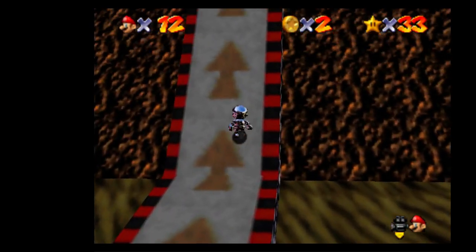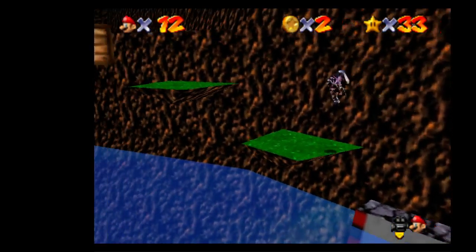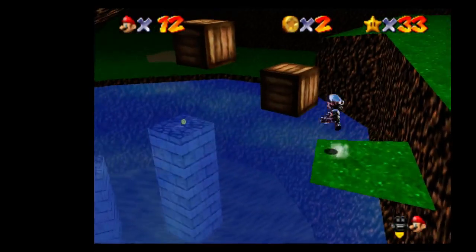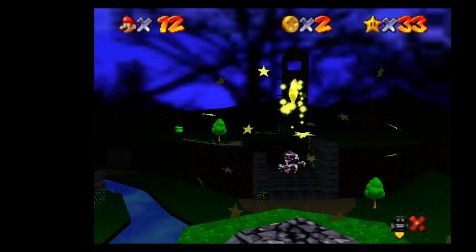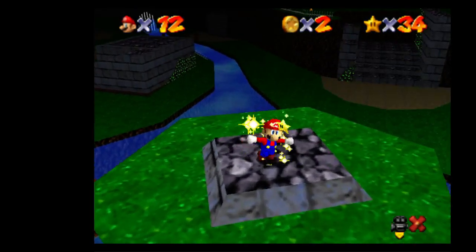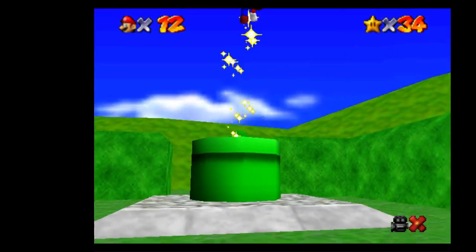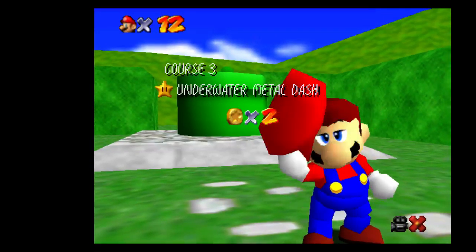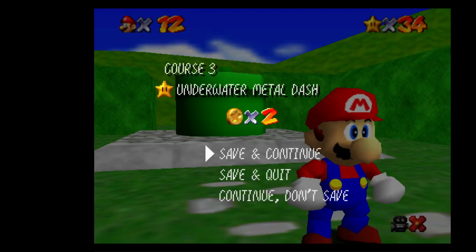Anyway, here's this. This star is pretty easy. I'm gonna fail it now that I said that, but whatever. Never mind. And that's gonna be courses 1, 3, 4, 5. Mountaintop Town, whatever it's called. Mushroom Mountain Town, I think it's called. Then Vanish Cap and Metal Cap, so...